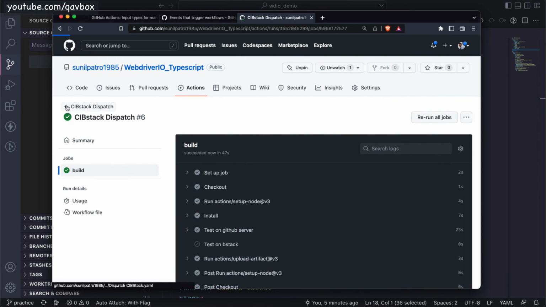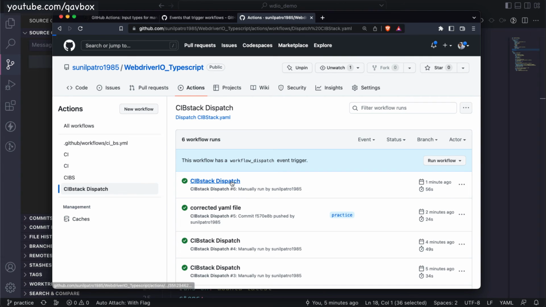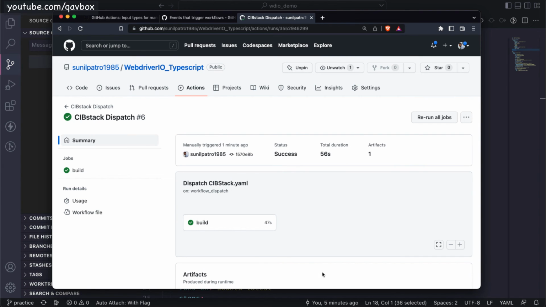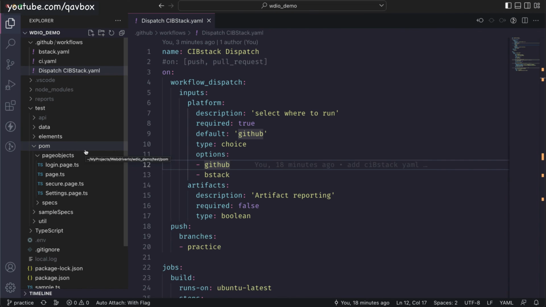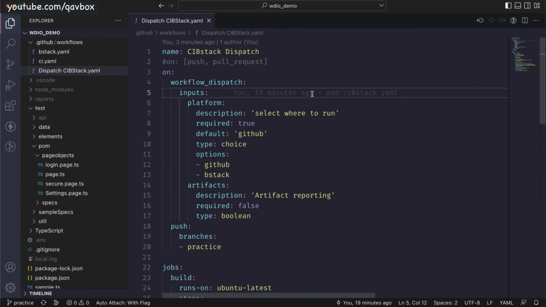And how do you access it? As usual, just go to this, click on this, and you should see the artifact created. You can just download and access that particular HTML report out of that. Okay, so that is how you can use the workflow dispatch command, and you can run this in any